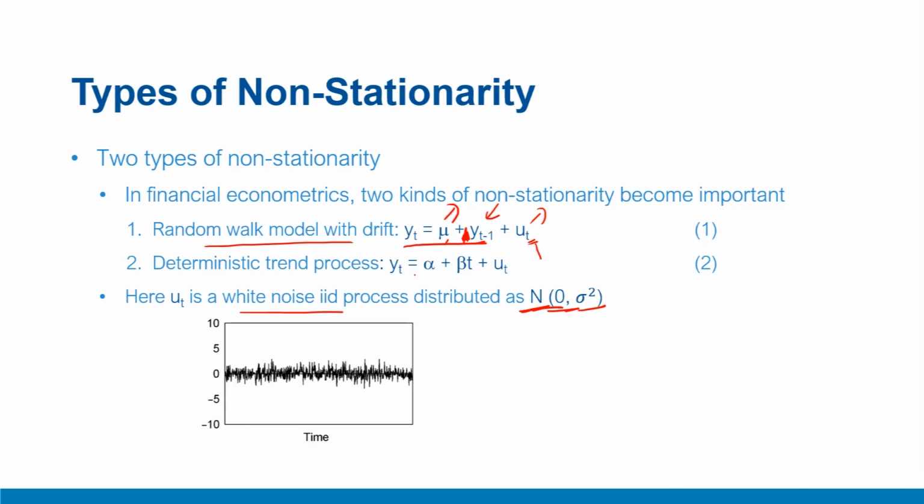The second non-stationarity is called the deterministic trend process or trending process. It appears like yt equal to alpha plus beta t plus ut. The violation of stationarity comes because of this part, because of this trending time term. The mean and other things are not constant over time. So if you recall, in weak stationarity, we assumed a constant mean of the process, variance and autocorrelation structure. Because of this time trend, those terms are changing with time, and therefore this is a deterministic trend process with a non-stationarity component.